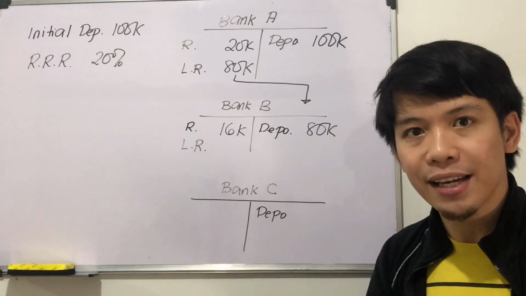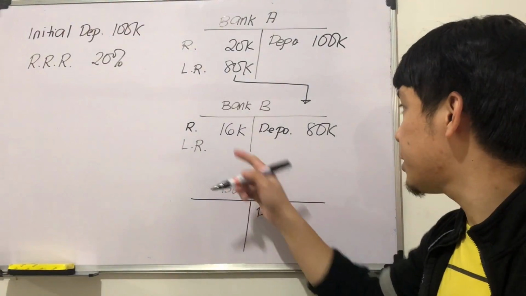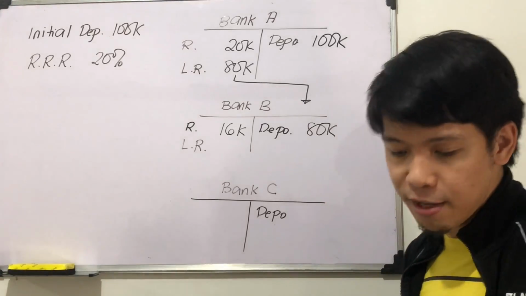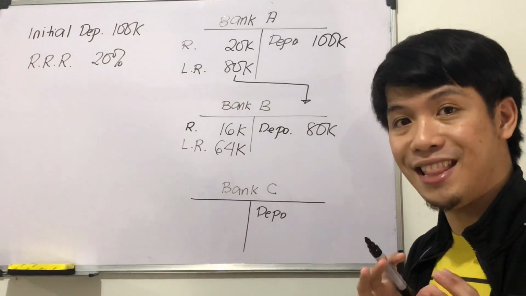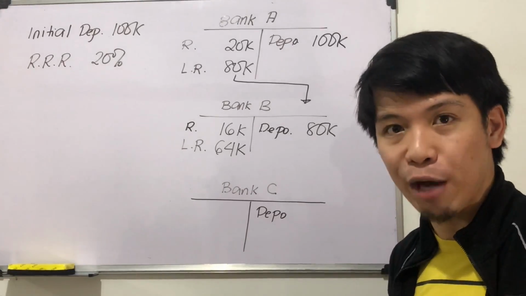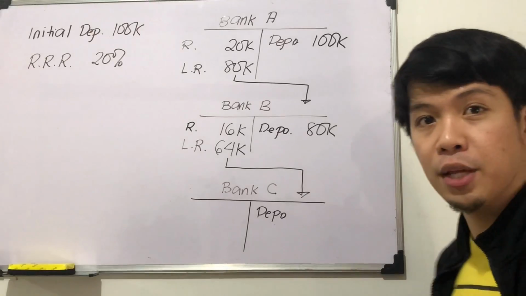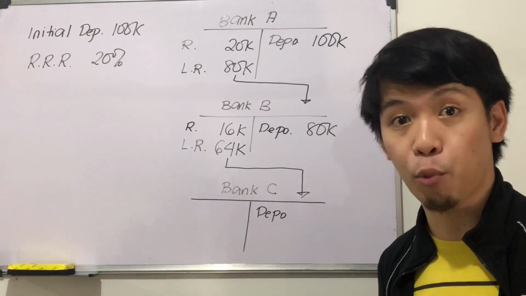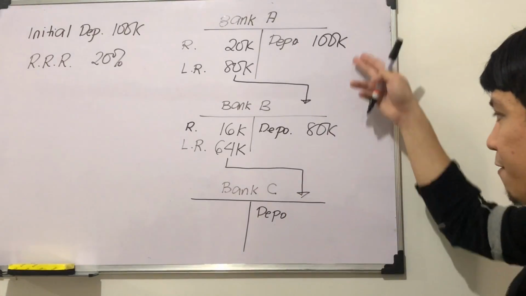Now, this bank can again lend the remaining 80%. 80% of 80,000 would be 64,000. And then, whoever borrows 64,000 can again deposit this in another bank. This is how the banking system works. So if this trend would continue ad infinitum,